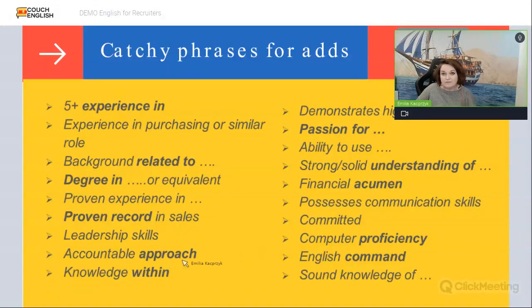The word approach definitely will be very popular. So I can say that I'm looking for somebody who has accountable approach. There is also in English, or even rather, I would say maybe in HR, the difference between talking about accountability and responsibility. So if any of you is responsible for competency management, and you're responsible for designing different kind of competencies and describing them, then the one which in Polish would sound like odpowiedzialność, we formally should call it in English accountability. I know that from the translation, if we say responsibility, accountability, it's exactly the same, but due to